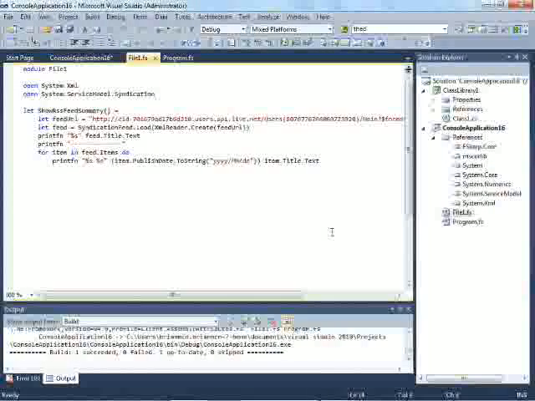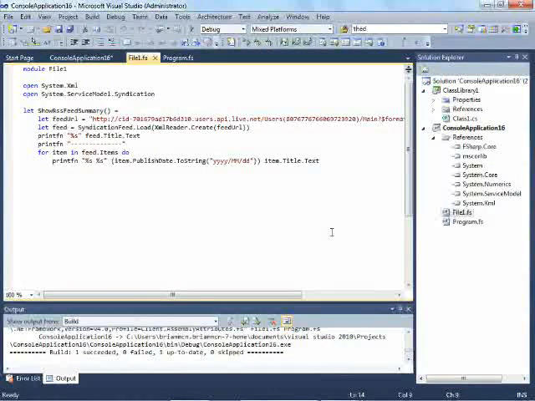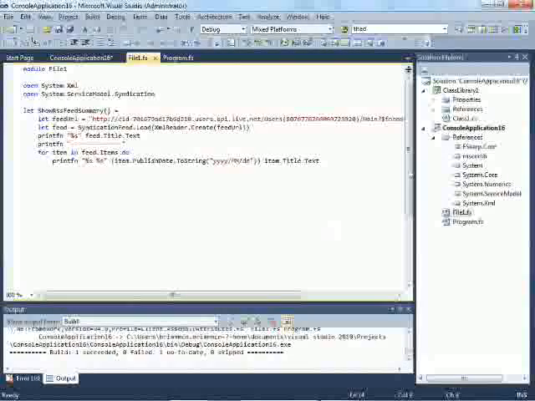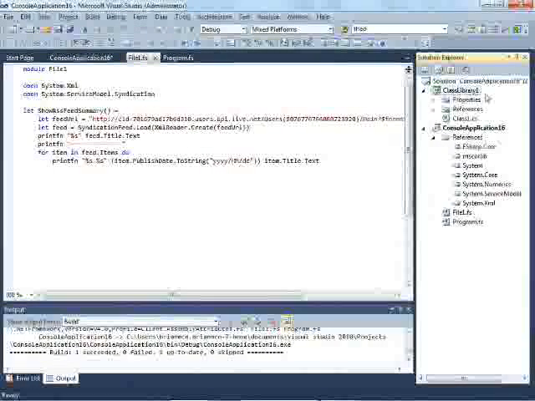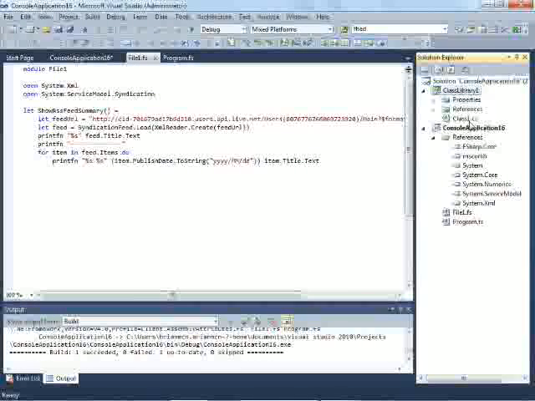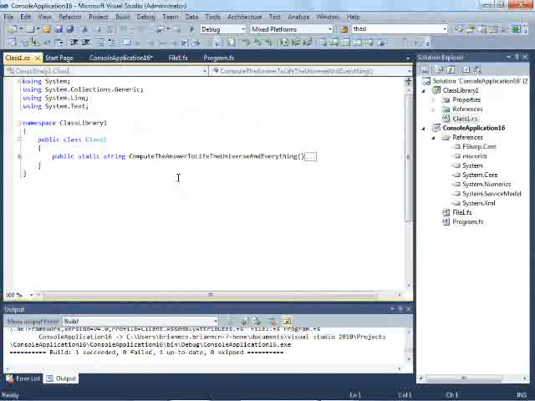Suppose now I want to use a library from another project in my solution. Recall that my solution contains a C# class library called Class Library 1. It contains some code seen here, including this method, which looks like it may be useful. If I want to be able to call this method from my F-Sharp code, I'll need to add a reference